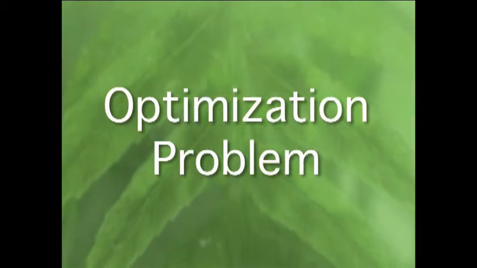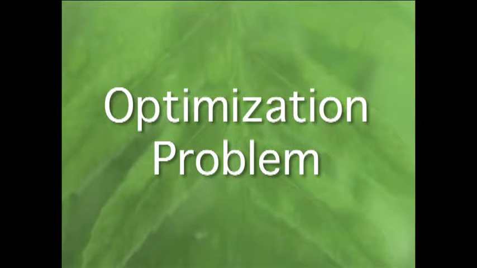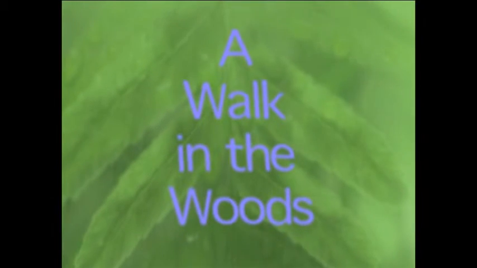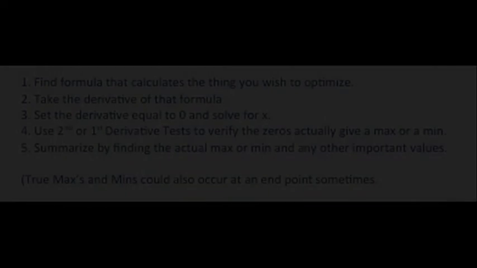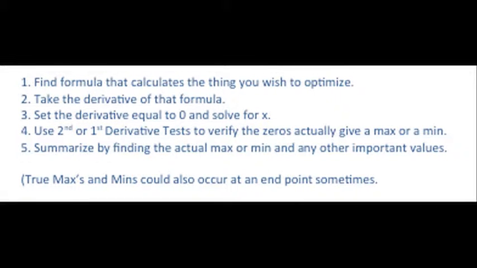We are working on optimization problems, and in calculus class, optimization means that you are trying to find the best case scenario, where the best case scenario is either a maximum or a minimum. So basically, with an optimization problem, you find a formula that calculates what you're trying to optimize. You take the derivative, you find where the derivative is zero, and you should test whether that gives you a